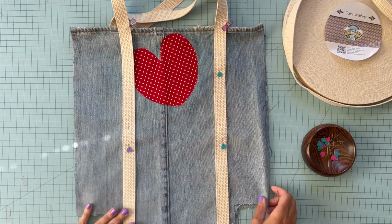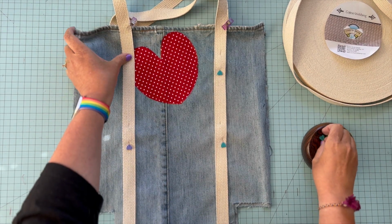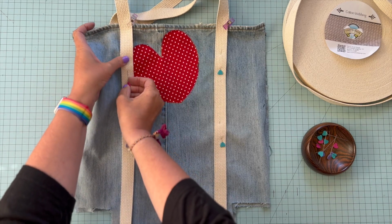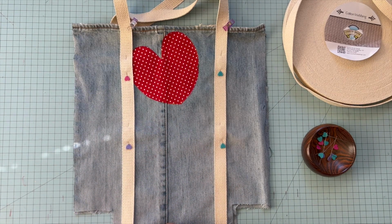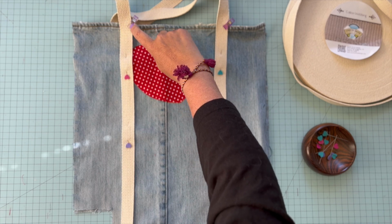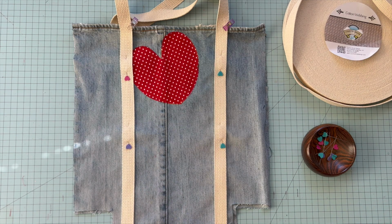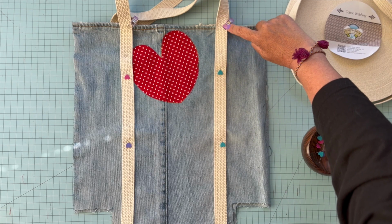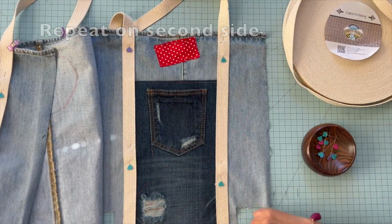So you can kind of eyeball it. Close counts. Just making a tote bag, not making a prom dress. And then you're going to take it over your sewing machine and you are going to sew the outside edge all the way up, over, back tack a few times, and then go all the way down and stop, and then start over here and go all the way up, over, back tack a few times, and go all the way down, and then